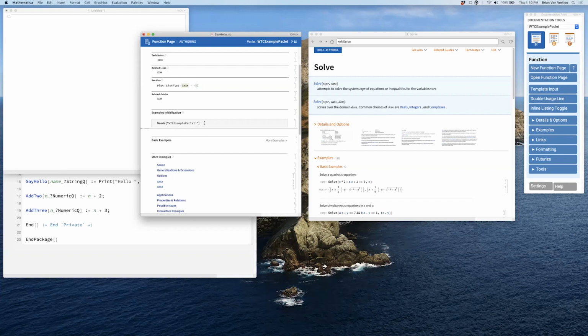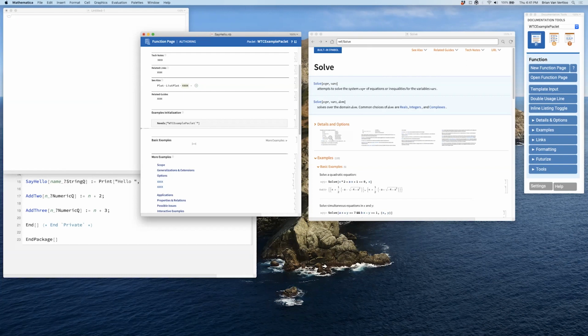If you're finding the first 500,000 prime numbers in this examples initialization, guess what? Every time you evaluate any example in your page, it's going to try and find the first 500,000 primes. So just be wary of the examples initialization: with great power comes great responsibility, right? And it's up to the author here to make sure that they're not putting in something crazy here